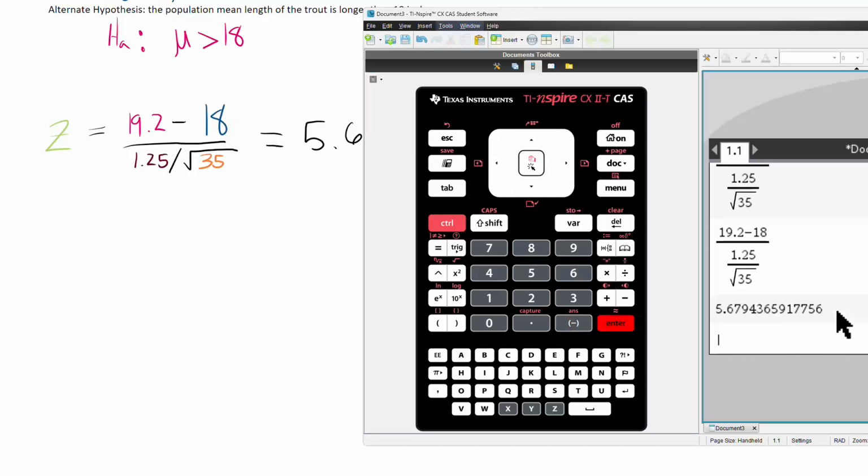And when you put in ANS, it will give you the exact value of the last thing you typed in. For this particular calculator, the norm CDF is calculated like this by typing it in. Other calculators may ask you what the upper and lower bounds are. For this one, the lower bound is going to be